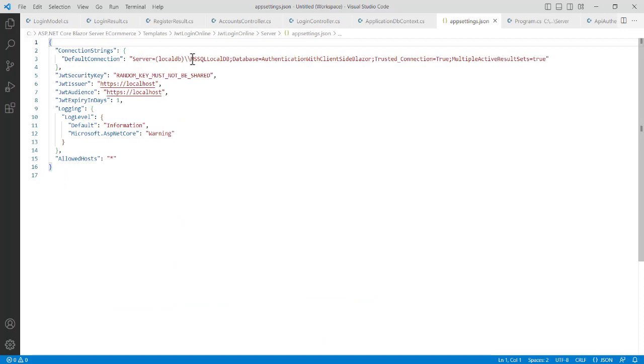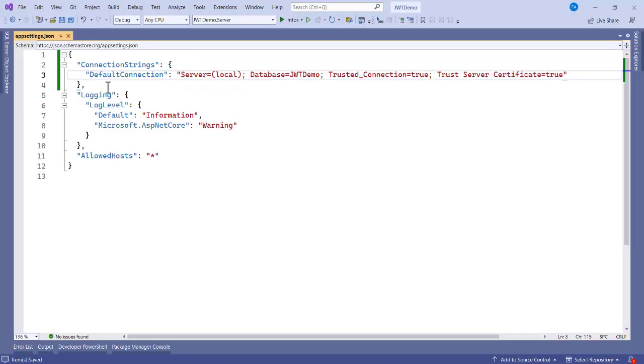You can pass in /mysql local db. Okay, database name. Or here we can also use initial catalog, and this is a trusted connection, multiple active results set to true, and we can also use trust server certificate set to true. Okay, now once you have a database connection set already, the next thing to do here